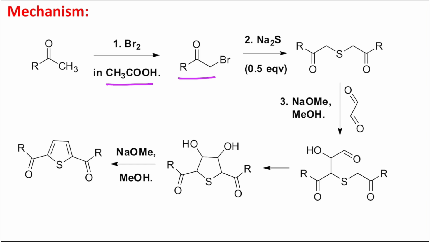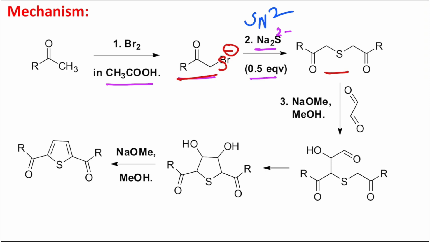Then it reacts with sodium sulfide, 0.5 equivalent. We know sulfur is a softer center, a good nucleophile, and in this case sulfur is S 2 minus. So first step, what can it do? This bromo could be replaced by this S minus. Since I have taken half equivalent of sulfide, this sulfide can react with another such molecule and double substitution is possible. So you may consider this is actually an SN2 type reaction to produce